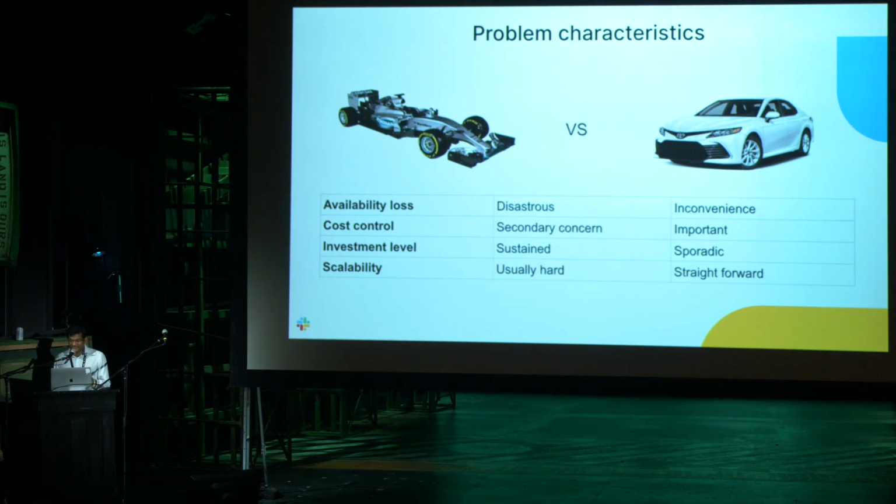But what we want instead is something like a regular car. At our scale, if one node is down and you can't ingest 0.01% of my logs, it's okay. It's an inconvenience. Yes, there is this one case where I cannot find that one log that one machine produced for the next 5 minutes, but it's not the end of the world. And cost controls are extremely important in this space because your log search system does not produce any revenue for the company, so it's a cost center. Spending more and more money on it is not going to be good for the bottom line.